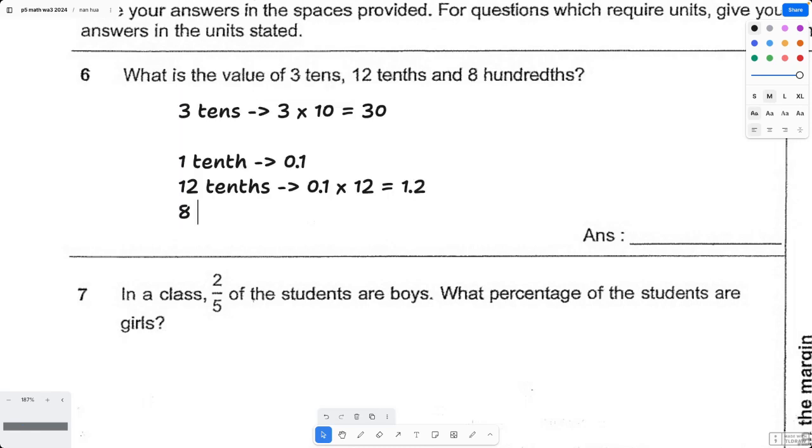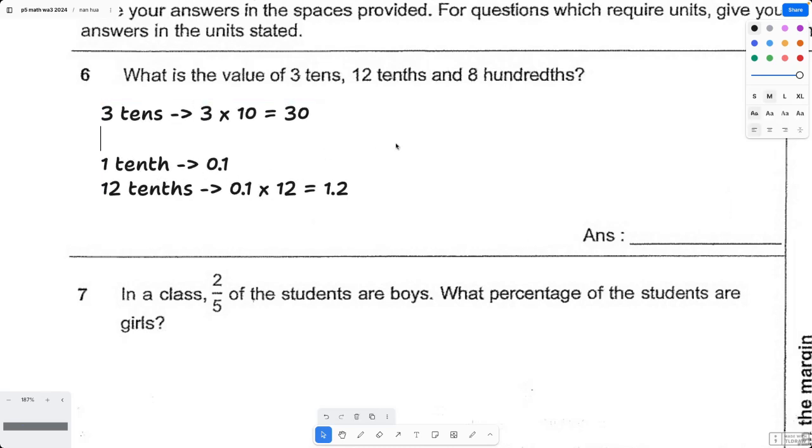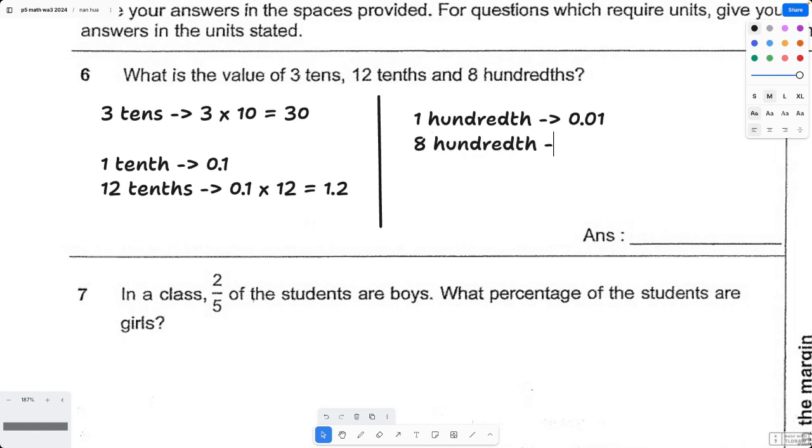And then what is 8 hundredths, right? Okay, so 8 hundredths, if I were to just move this here, put a line here. Okay, I'm going to continue over here. So basically if 100th is equal to 0.01, so remember this is the 100th place. So that means 8 hundredths is equal to 0.01 times 8, which is equal to 0.08. So if we combine all of this, the answer should be 30 plus 1.2 plus